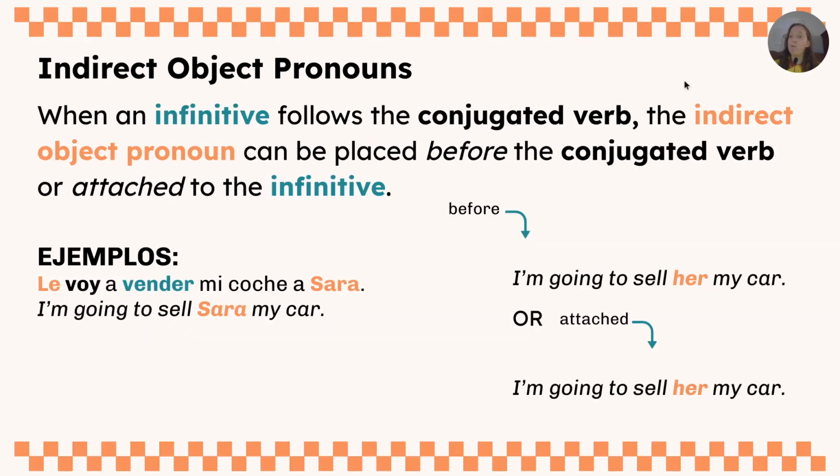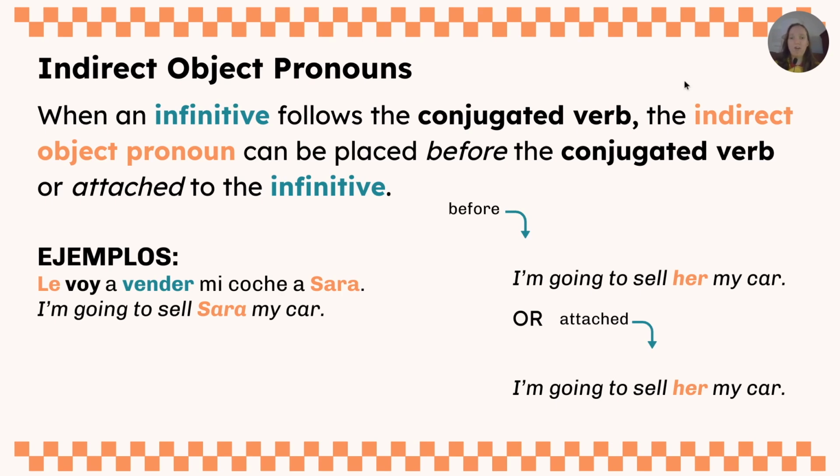So now we're going to talk about how infinitives work with our indirect object pronouns. Remember, an infinitive is the most basic form of a verb. It's when it doesn't have a subject and it doesn't have a tense. In Spanish, our infinitives end in AR, ER, and IR. When an infinitive follows the conjugated verb, the indirect object pronoun can be placed before the conjugated verb or attached